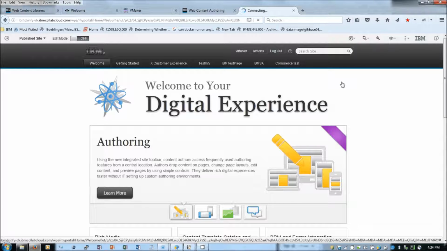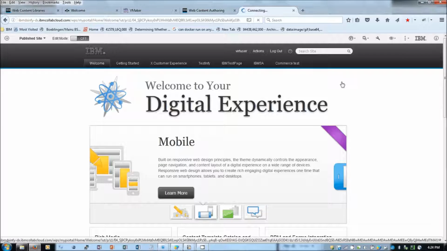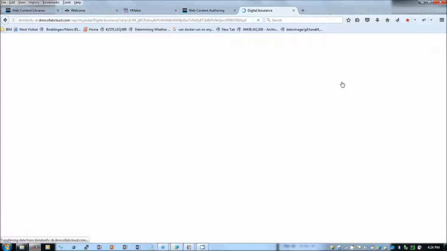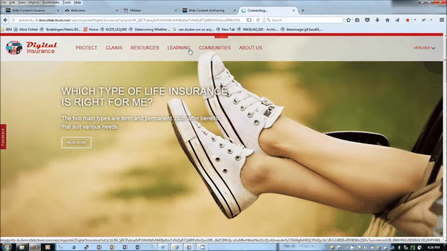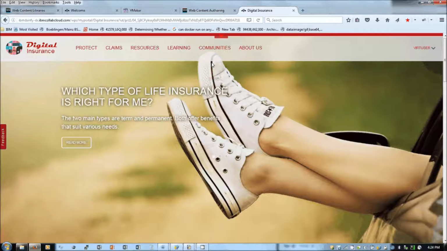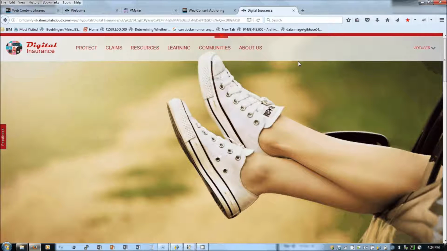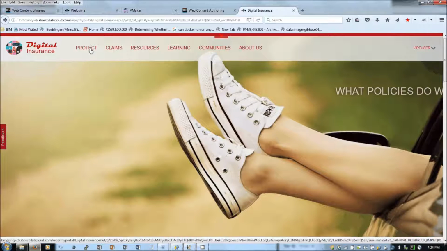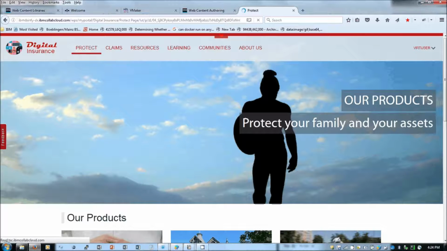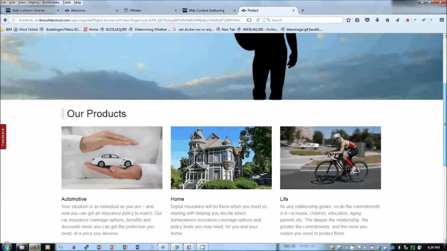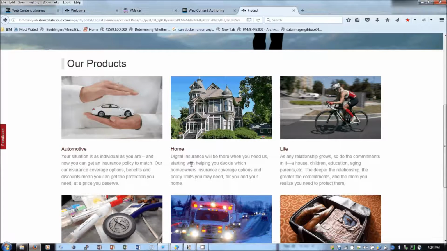This is a digital insurance website. Here you can see product, claims, resources, learning, communities, about us. These are all site areas that contain the content for your website. So when I click on product, it displays the page, and the page is again displaying the products for the insurance website.